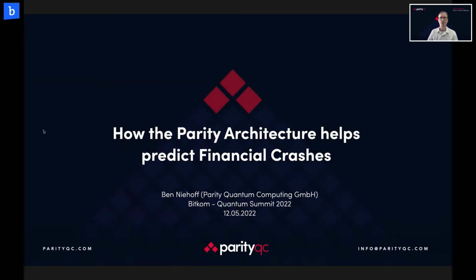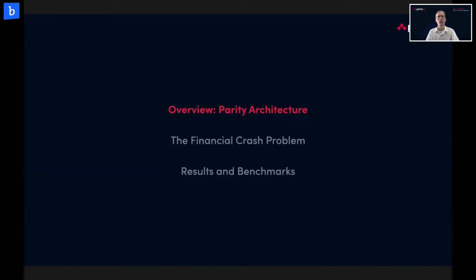So yes, this is about how the parity architecture can help predict financial crashes. This will be a little bit on the technical side, but hopefully it shouldn't be hard to follow. I'm going to begin by simply telling you what the parity architecture is and why it's useful. And then I'll describe what this financial crash problem is, and then, of course, how one of these helps the